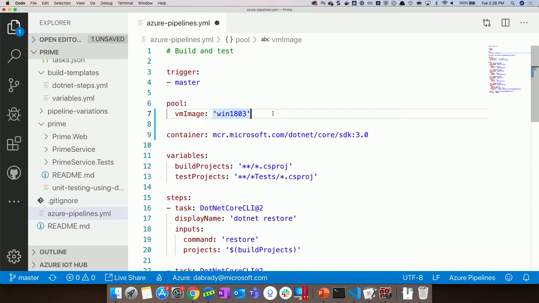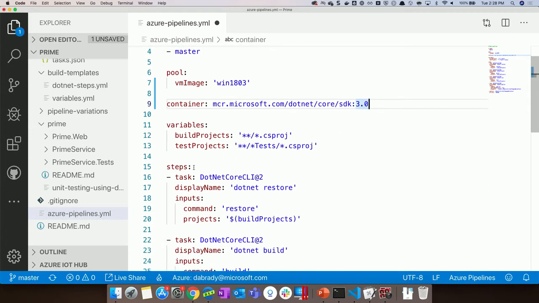And this is all documented as well. You can have a look to see what containers are already in those images, so you don't have to pull them down every single time. And I'm using a .NET Core SDK 3.0 for that. So all of this then will run inside that container. Now we'll get into multiple sets of steps and jobs and things a little bit later, but you can also do this at a job level. So you could say this particular job needs to run in a container that comes from here.